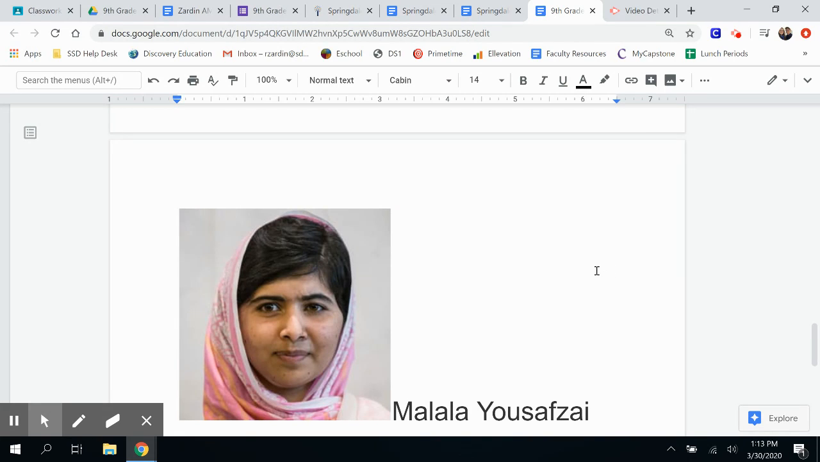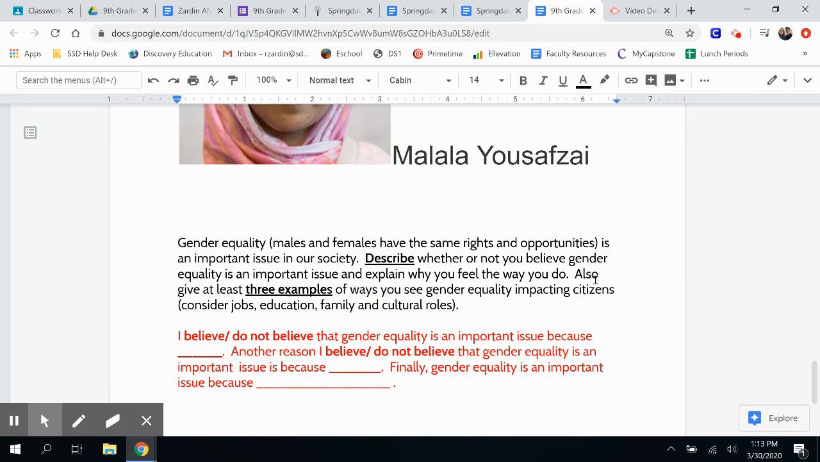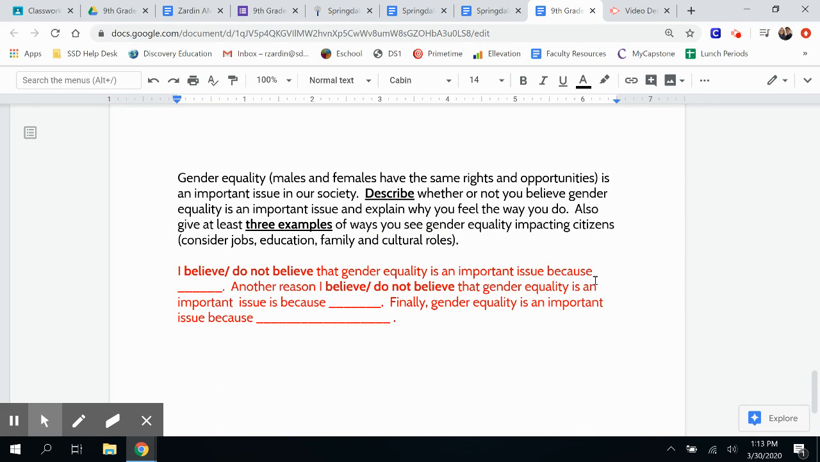So now that we know a little bit about gender equality, let's look at our question. Gender equality, which means males and females have the same rights and opportunities, is an important issue in our society. Your job here is to describe whether or not you believe gender equality is an important issue. So you need to decide, do you believe gender equality is an important issue today? Yes or no? And then explain why you feel that. It's your opinion. There's no right or wrong answer as long as you explain it. Yes, I believe gender equality is an important issue because, or no, I do not believe gender equality is an